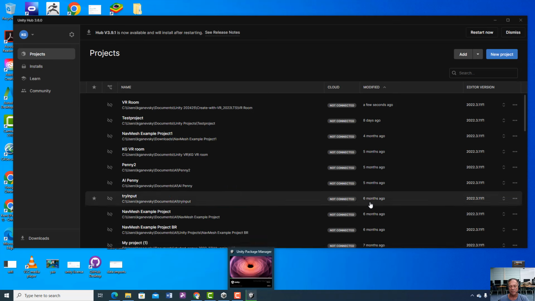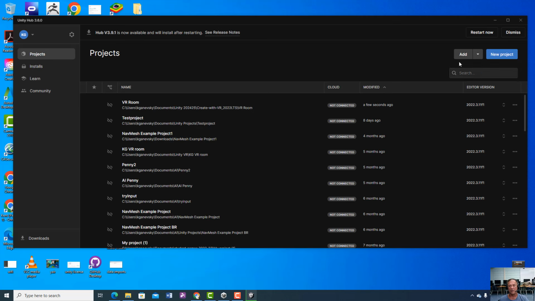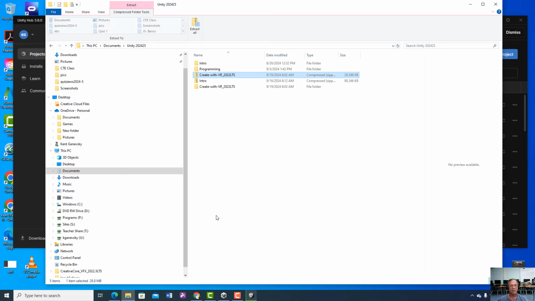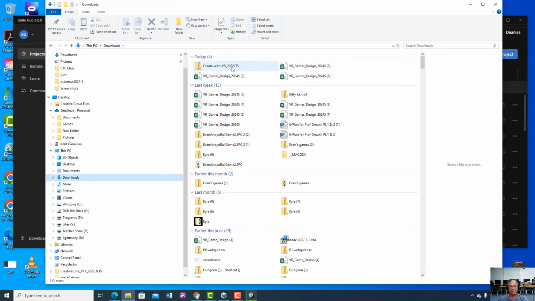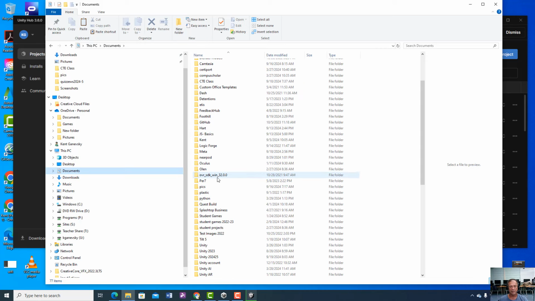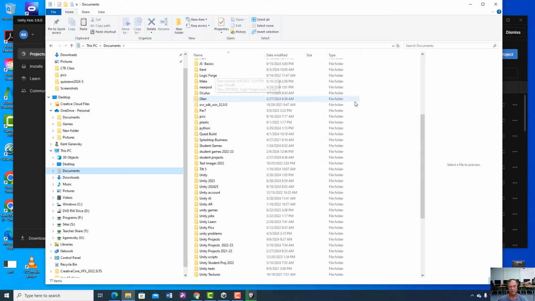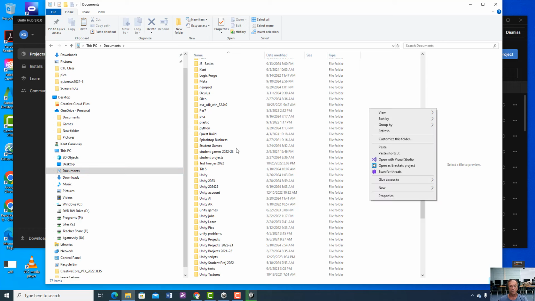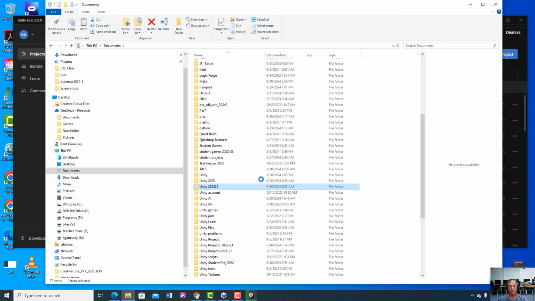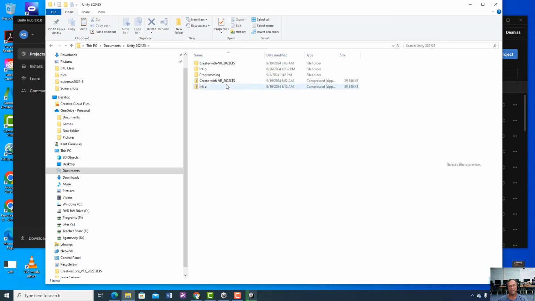So again, to refresh, we did not open a new project. We did not create a new project. We hit Add. We went and found the folder, wherever you put it after we downloaded it. We moved it to a folder for our Unity. Wherever you put that thing, remember, you better create a new folder if you don't have it. Mine's here, and I pasted it there, and then I uncompressed it and made sure I had it, and then I went to my Unity Hub